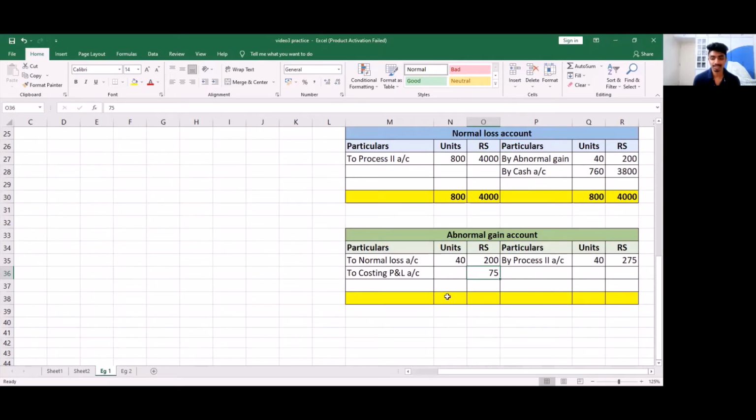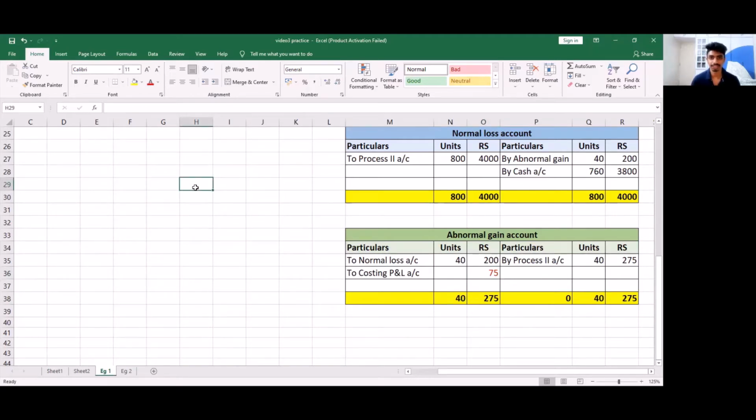So now let's sum this account. As we have already got the balancing figure of 75, this account also tallies. So this is the end of